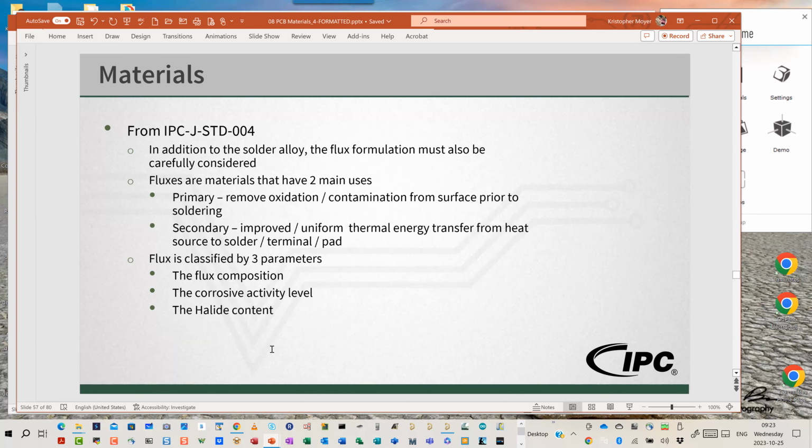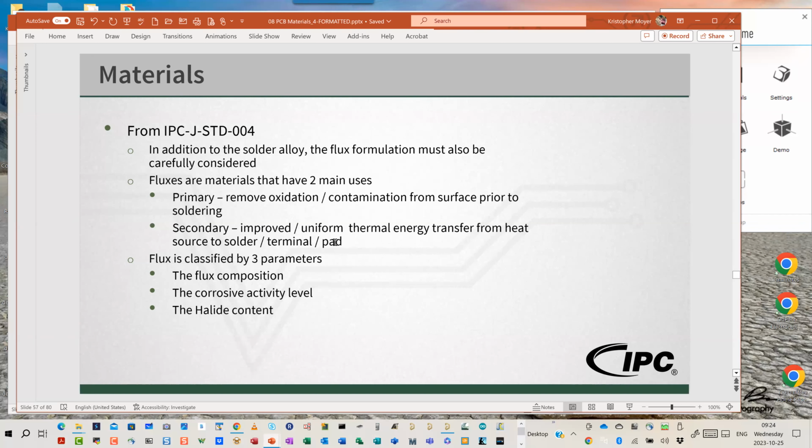Okay, now that we've selected our solder alloy itself, next we have to pick flux. In addition to the solder alloy, the flux formulation must also be carefully considered. Fluxes are materials that have two main uses. The primary is to remove oxidation and contamination from the surface prior to soldering, and the secondary purpose is to provide improved or uniform thermal energy transfer from the heat source to the solder, the terminal, and the pad all